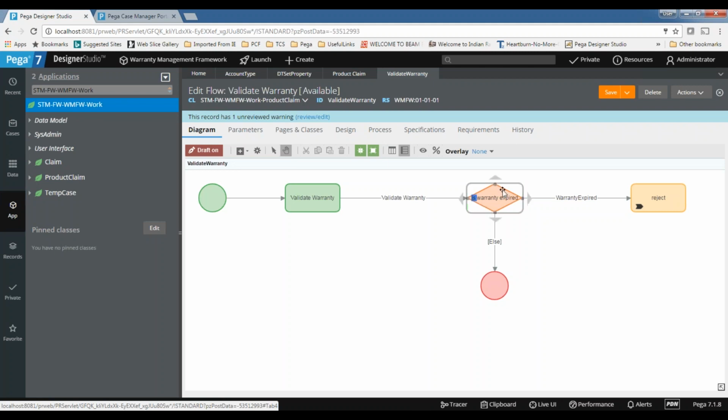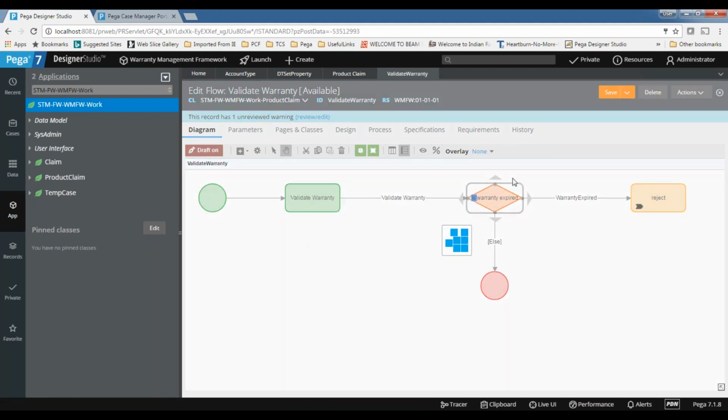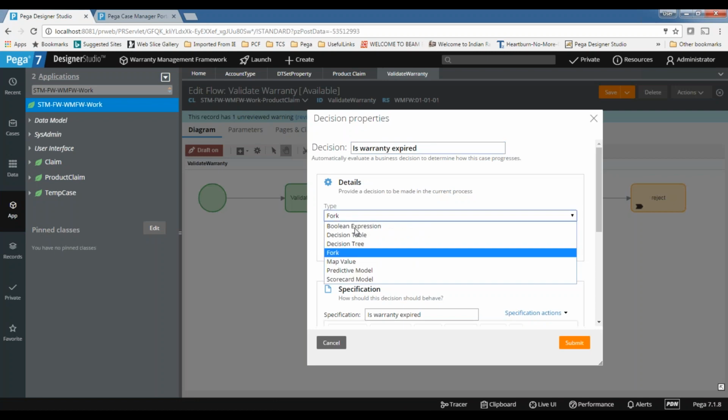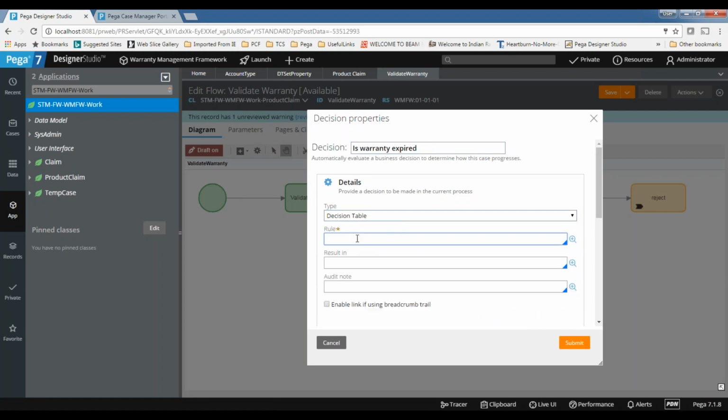And right now I want to use a decision table. We have seen the fork and the Boolean expression yesterday. So now we will see the decision table I am using. So, is warranty expired? For this scenario, a decision table is not required, obviously, it's a very small expression.